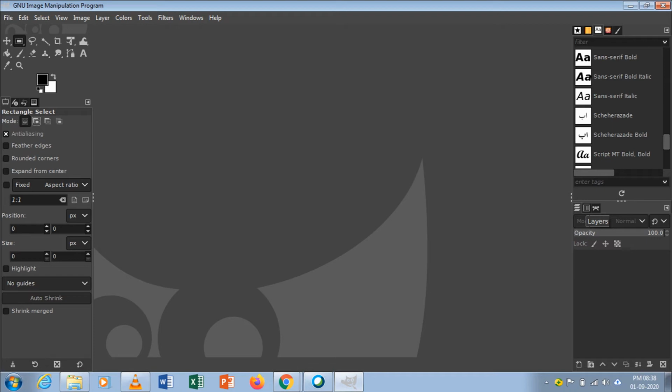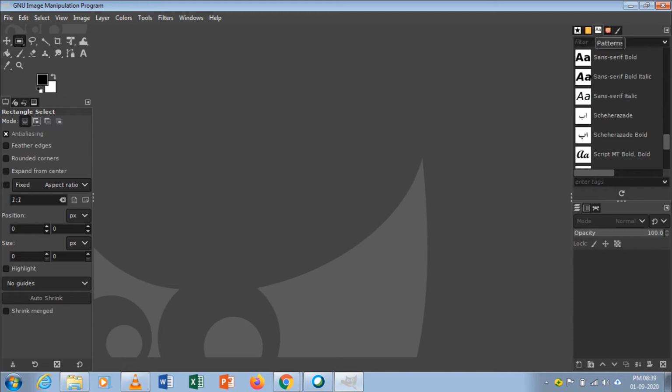Above the layers tool you have the patterns, then brushes, the types of brushes available. Whichever shape brush you want, you can select it and change your image, or make a new one.